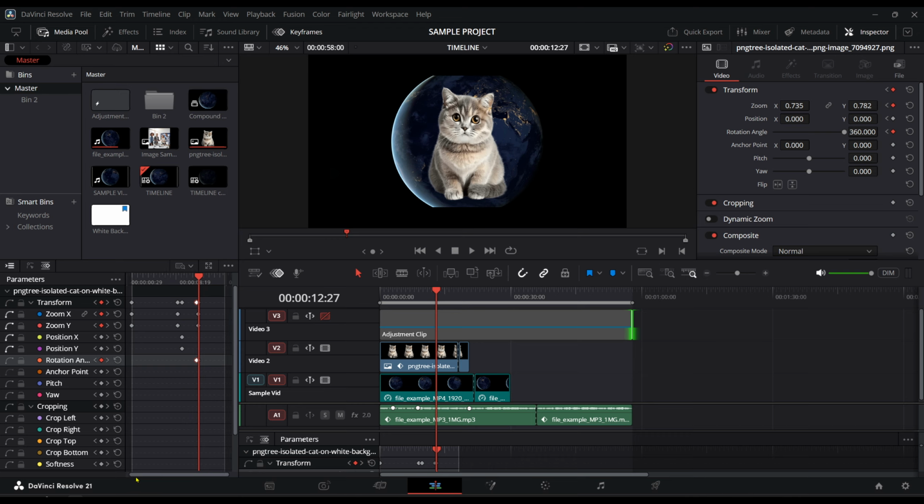There's also another way to open the Keyframe tab directly from the timeline area. This can be especially helpful if you prefer working closer to your clips and want a quicker, more timeline-focused method. On the row of tools attached to the timeline, look for the diamond-shaped icon. That diamond icon represents keyframes. Once you click it, the Keyframe tab for the timeline will open. After that, you'll be able to view the keyframes associated with your selected clip, or adjustments, depending on what you're